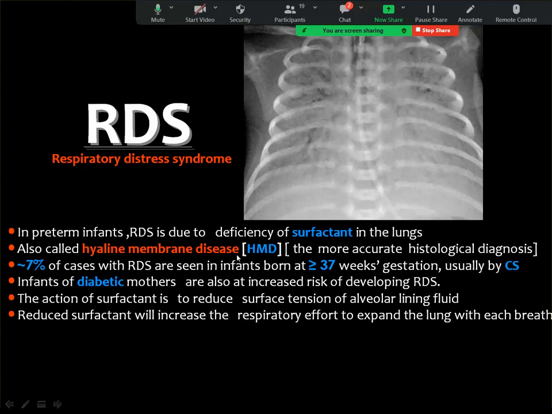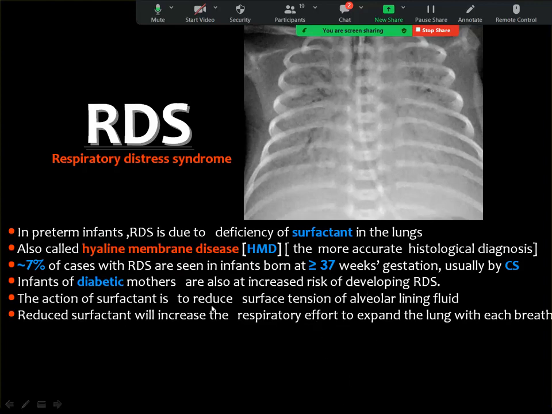Previously known as hyaline membrane disease, and this name is more accurate considering the histologic diagnosis of the affected lung. 7% of cases are seen in infants at the age of 37 weeks gestation, delivered by cesarean section. Also in infants of diabetic mothers,